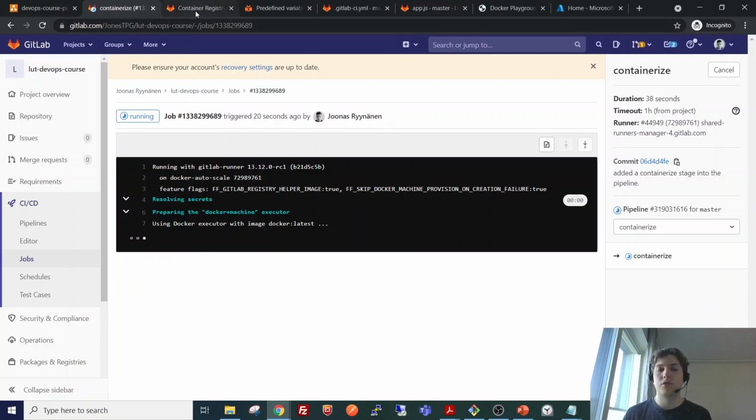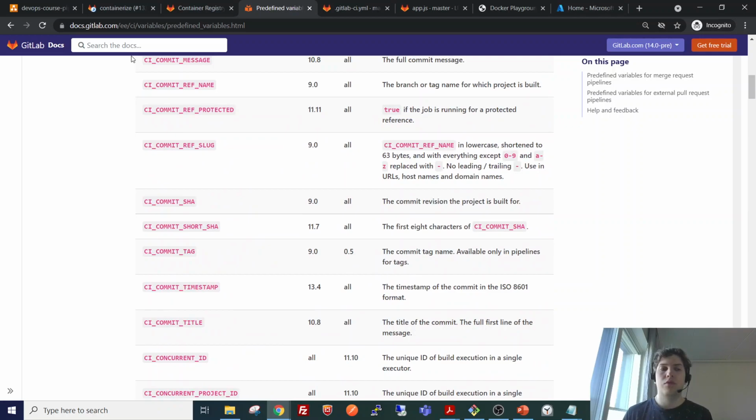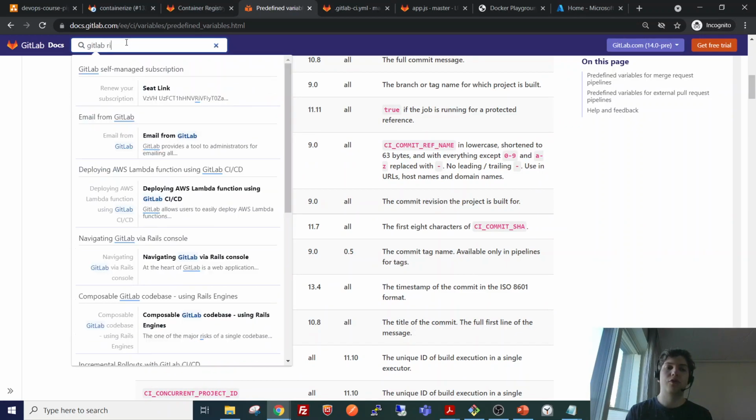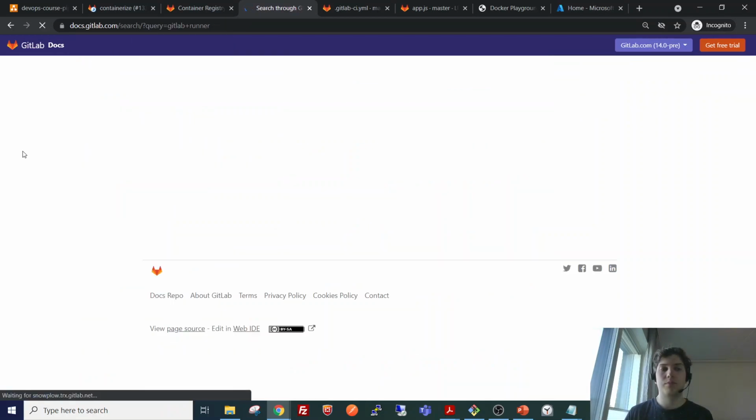And actually, I could briefly show you the GitLab runner documentation while we are waiting for the pipeline.